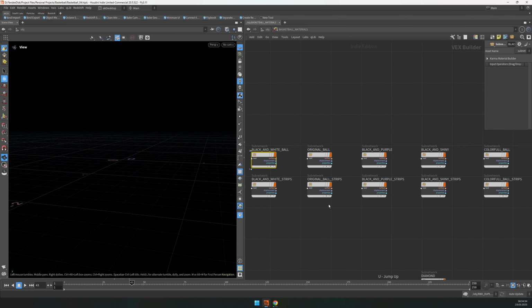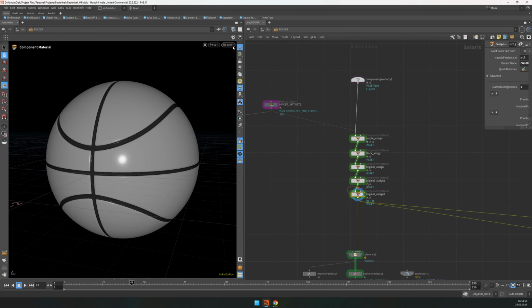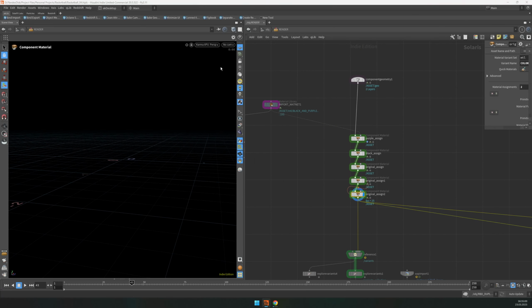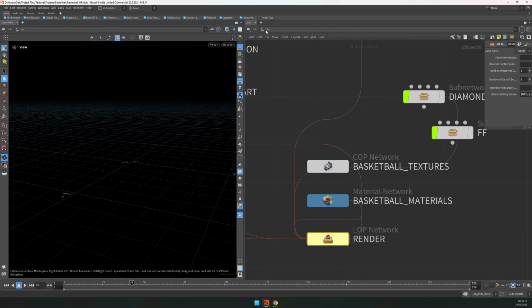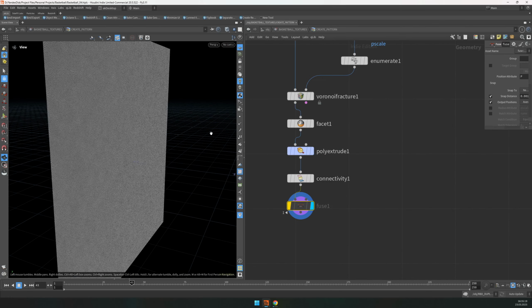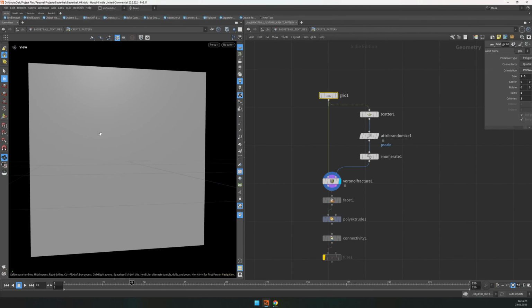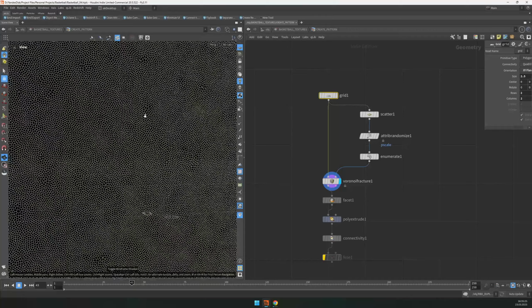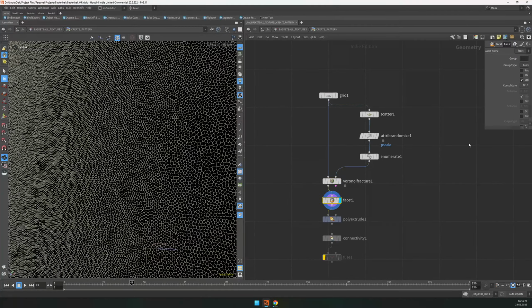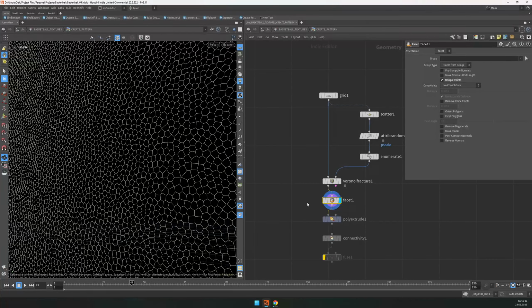The only thing that I did here is, if we just look at the model, let's turn off Karma. So what I did was, for this I created a new COP network. I created this pattern here. So this is just a grid. I scattered points and then Voronoi fractured it. I have a pattern like this, and then I used a facet node to basically make those primitives unique, and then